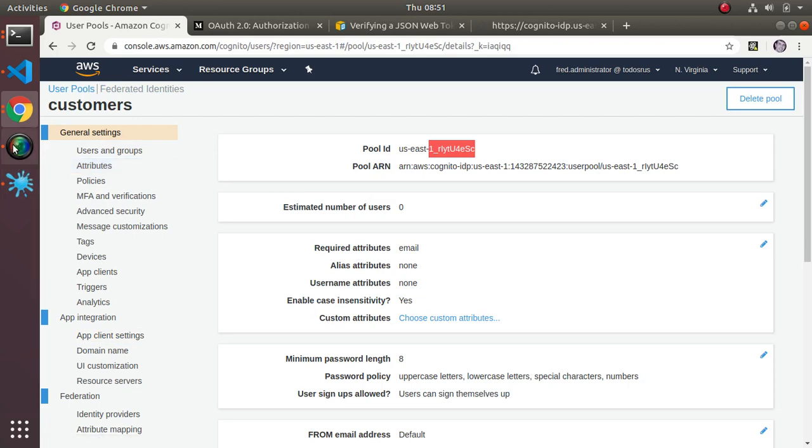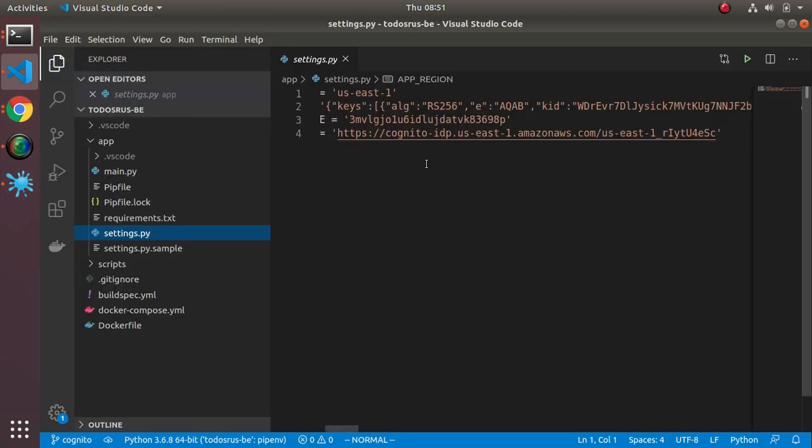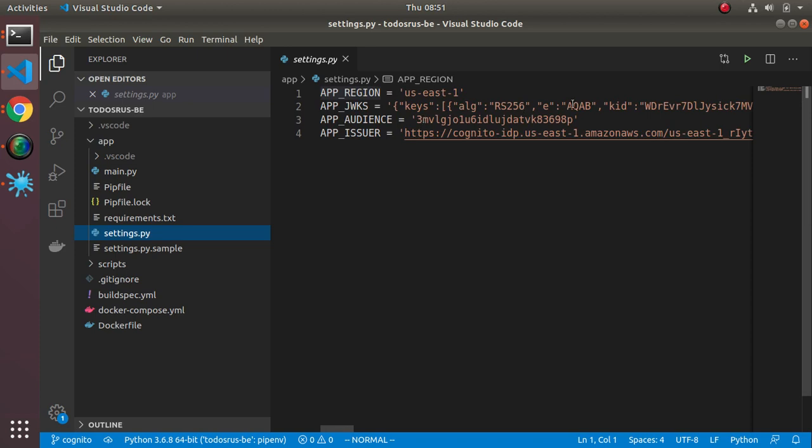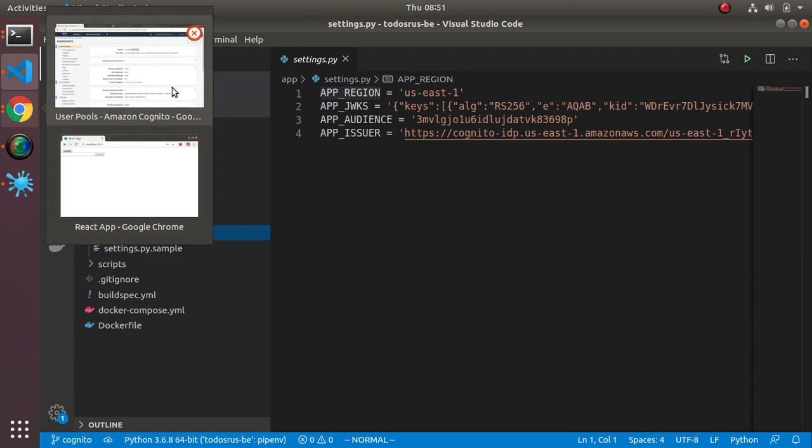Okay, that's another setting. And then the third setting is a little bit more complicated. These are the public keys that are used to decrypt or verify the signatures of the tokens. And these are actually available on a particular URL that you have to construct. So the documentation for that, by the way, it's linked in